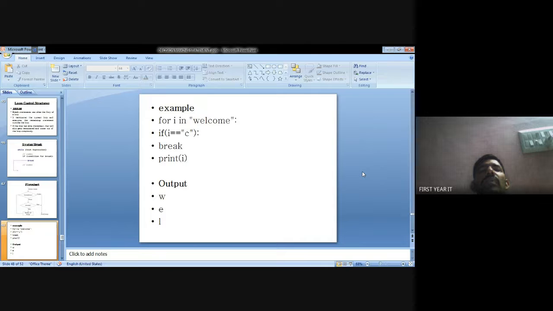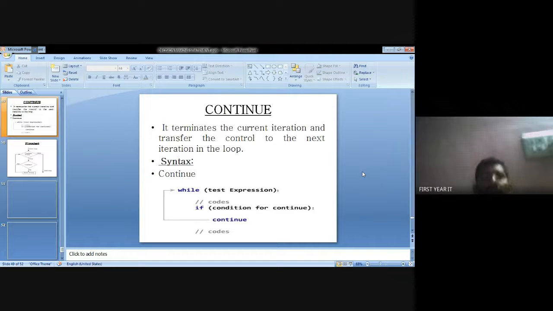So i equal to c, is the condition true or false? Welcome is already defined, and each i in welcome is checked. When i equal to c, the condition is true, and then break. The i values displayed are w, e, l. After that, break stops the loop.